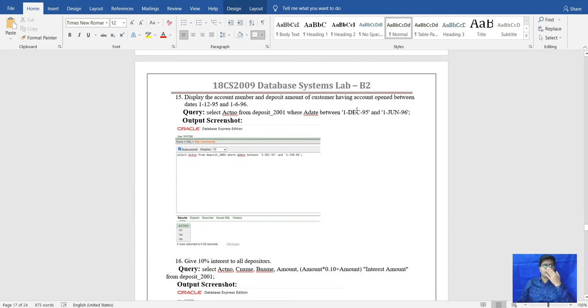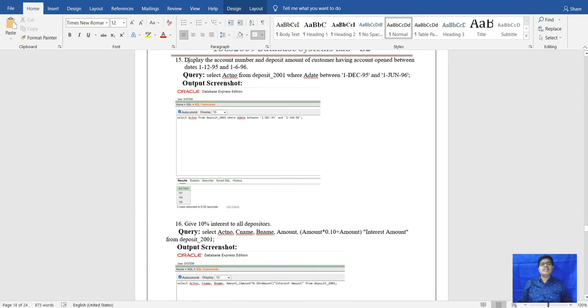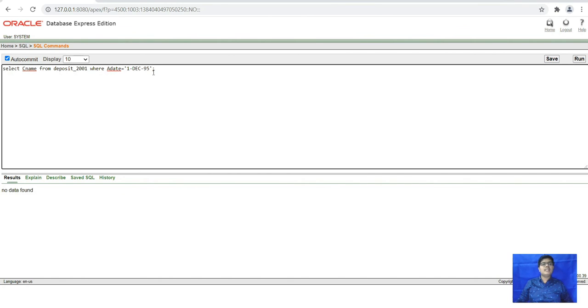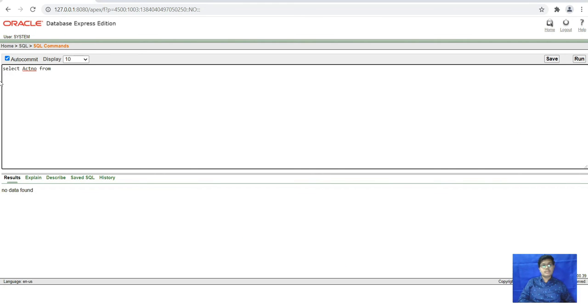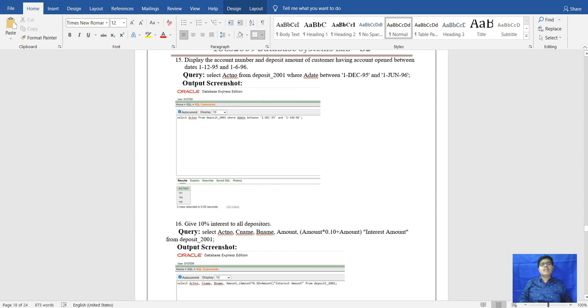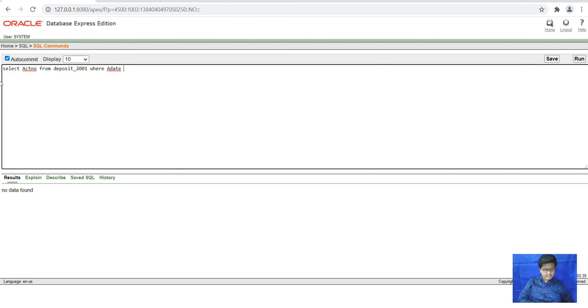After that, we will move to the 15th question, that is display the account number of the deposit amount of customers having account opened between dates 1/12/95 and 1/6/96. For that, this only we will change. We have to select the account number from deposit where account date is